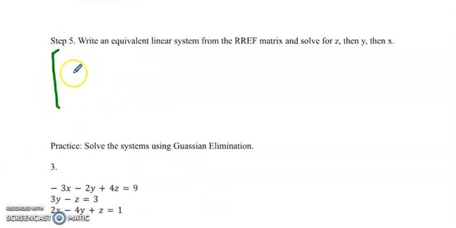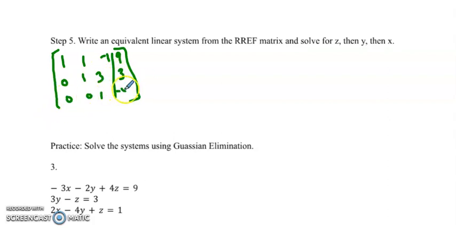I'm going to go ahead and bring over the augmented matrix in reduced row echelon form so I can work with it. So I have 1, 1, -1, and then on the right side of the vertical line, a 9, and then 0, 1, 3, and then a 3, and then a 0, 0, 1, and a -4/3. So now I can write a system of equations from this with these coefficients. This will be 1x plus 1y minus z. So x plus y, minus z